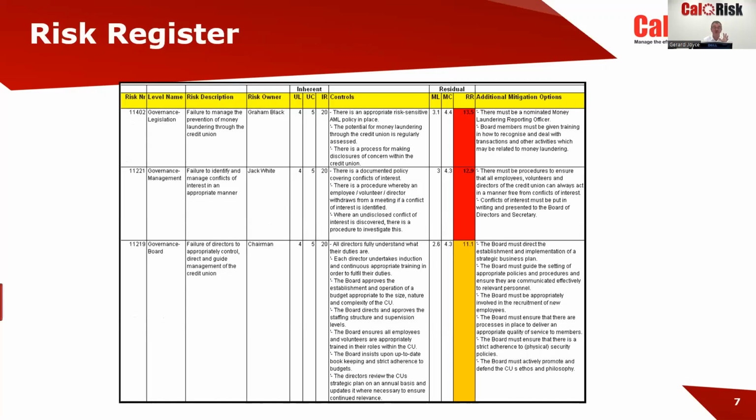Now, I'm going to show you a few reports, and this would be what I would consider a boring risk register. This is just an example from the credit union space, in my slide deck, but it's showing the category of the risk, the description of the risk, the owner, the controls that are in place, the inherent level of risk and the residual. Kind of, I would say, the traditional boring detail.